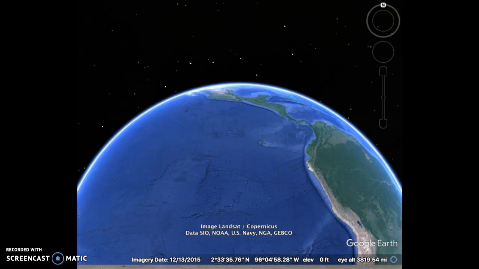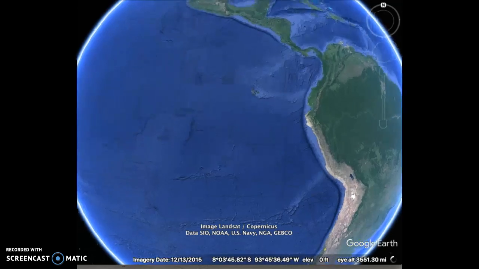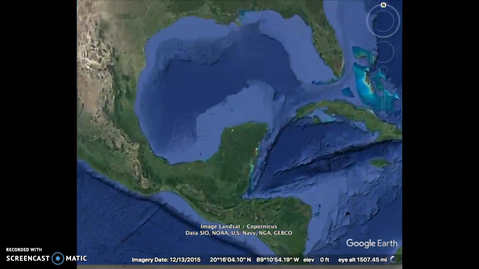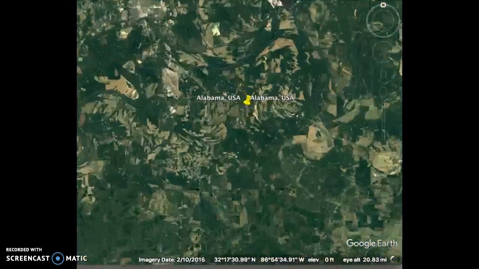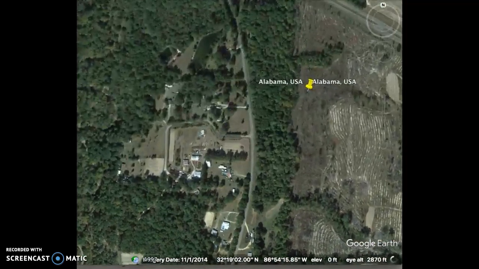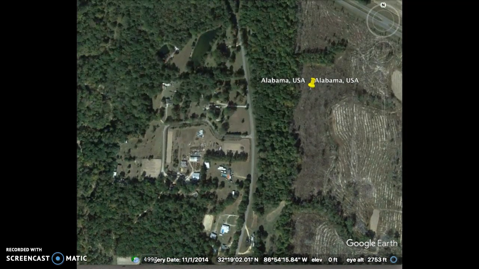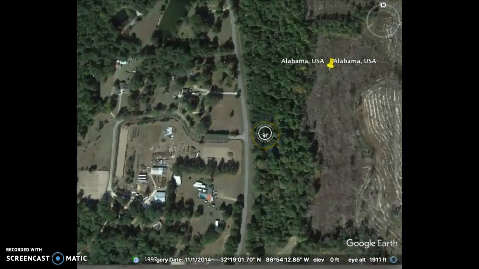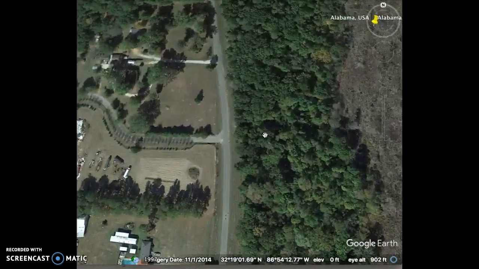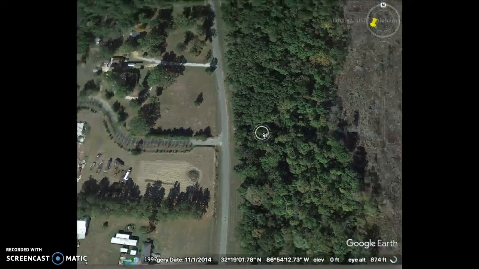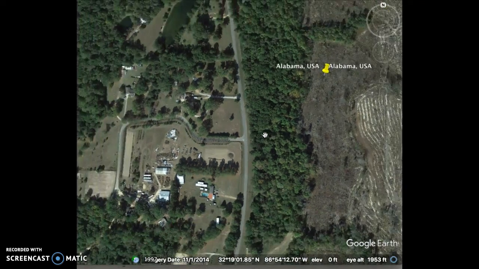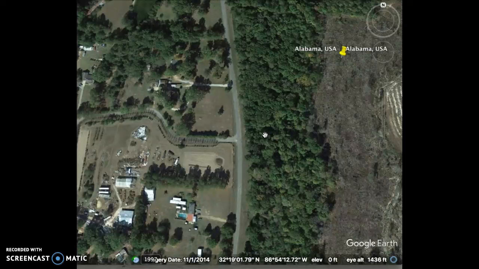Our first stop is Alabama. This is where many tornadoes occur. This can occur in various parts of the United States, but is common in Alabama. As you can see, there are many trees around the area, and tornadoes are usually hard to spot. Luckily, forecasters always issue tornado warnings so residents can be prepared.